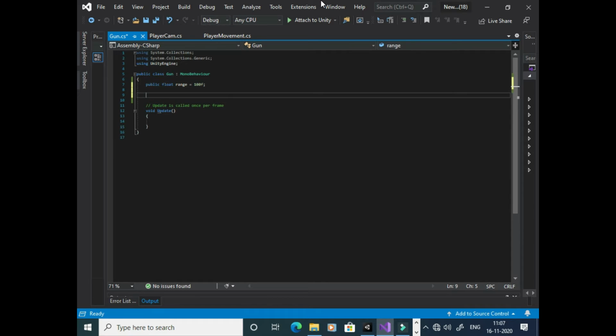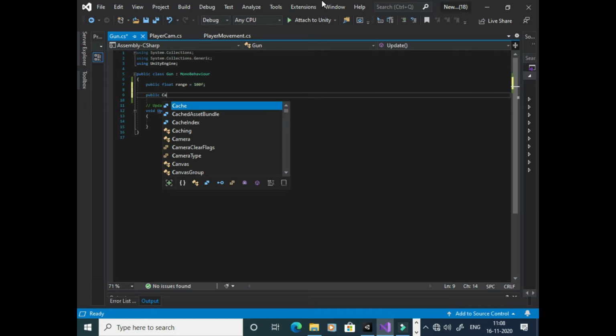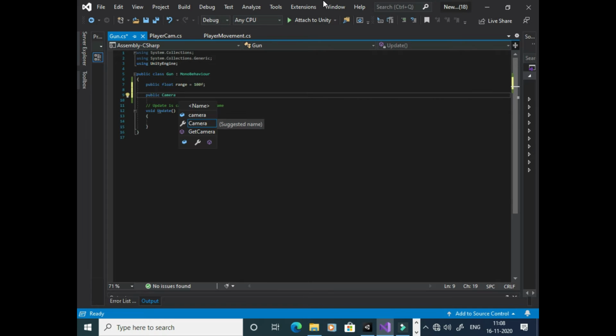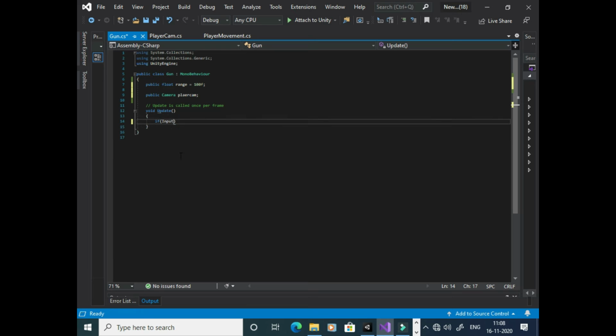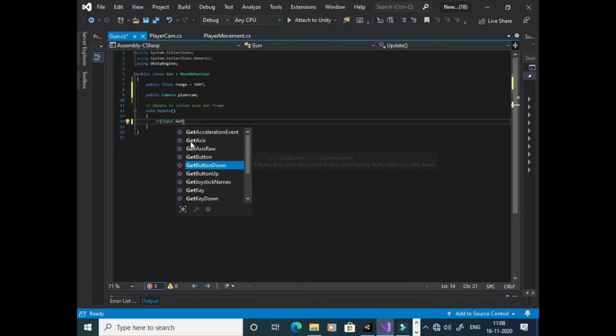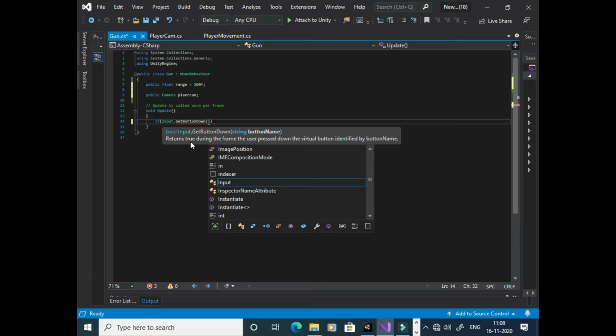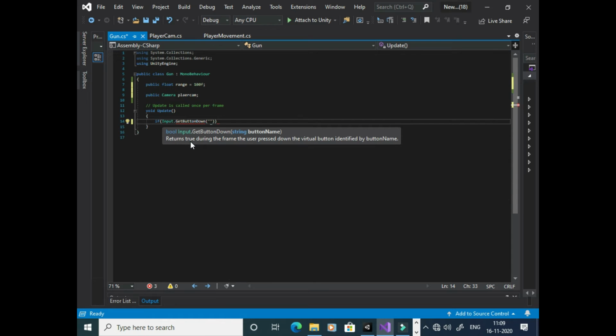And down here we have to take a reference to our camera, so public Camera, and just call it playerCam. Under the void Update method we have to write if Input.GetButtonDown, and the button we have to press is Fire1.